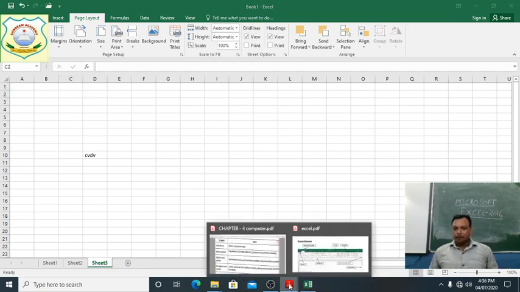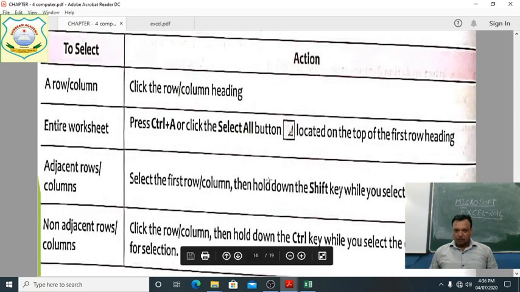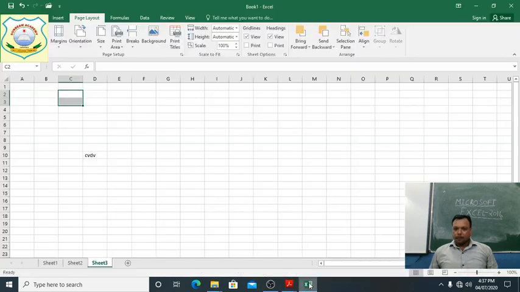Next one is non-adjacent rows or columns with the help of the control key. Click the row or column, then hold down the control key while you select the other row or column. How can we do it?